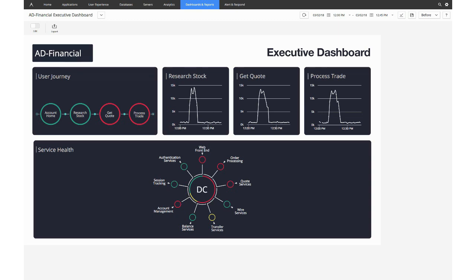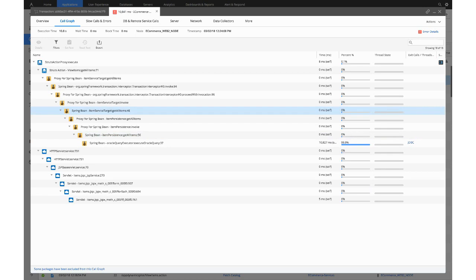We can also create service views as well. So these are actually showing microservices, but it is very easy in AppDynamics to take very technical information or business-centric information and create dashboards like what you see on the screen here. So you can see we've got a problem with process trade. If I was to click onto that, I can then drill down and understand exactly what the root cause is